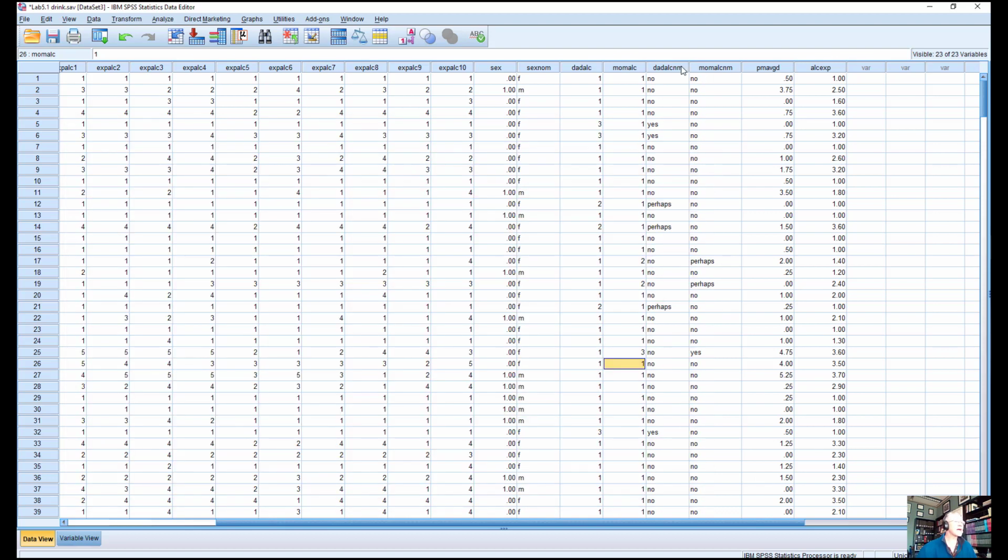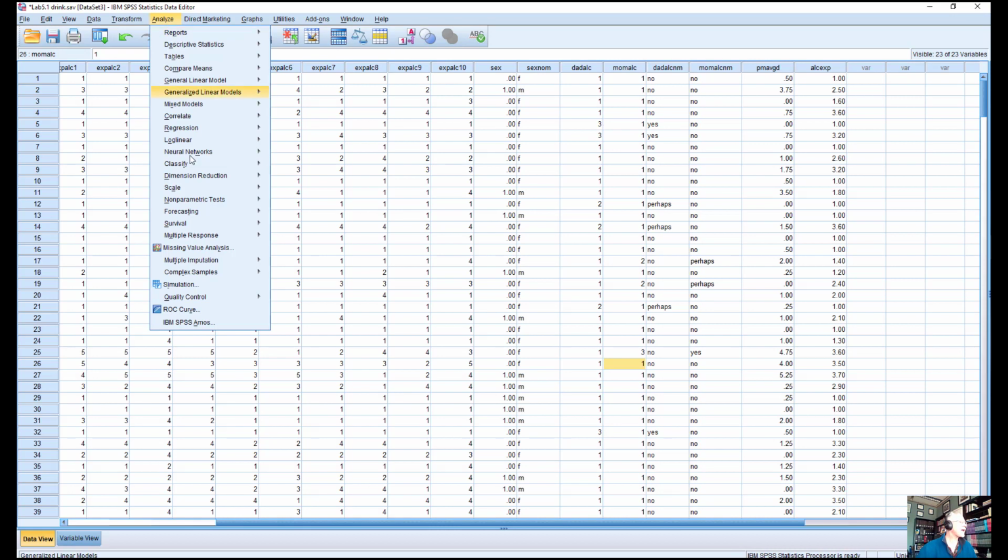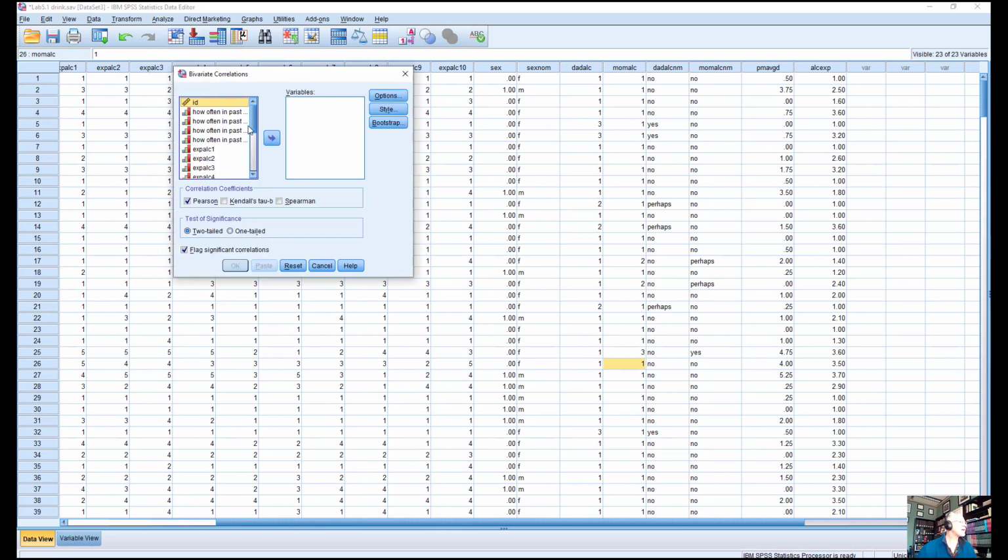So now what I want to do is to actually get the correlation between those. So I go to Analyze, Correlate, Bivariate, go down to the end of the data set. I'm going to put them in the opposite direction because I just like thinking of the alcohol expectancies as my predictor and the other variable as my dependent variable.